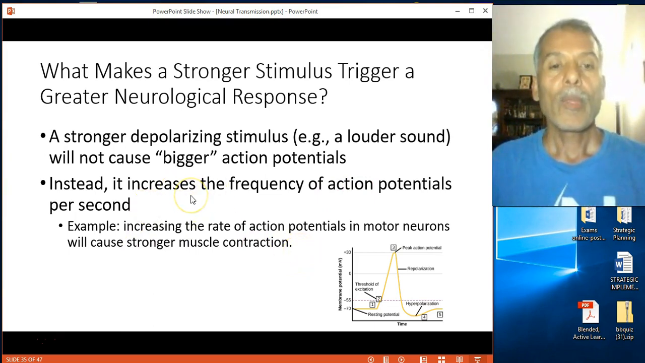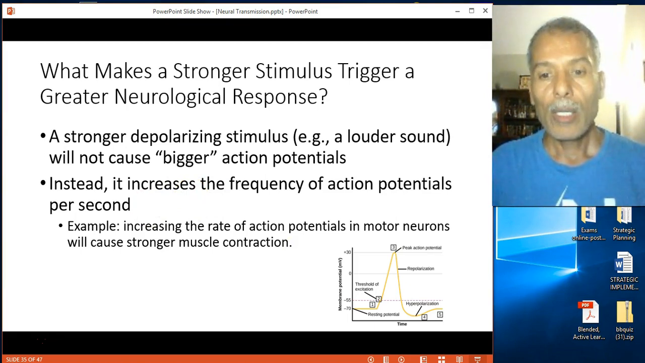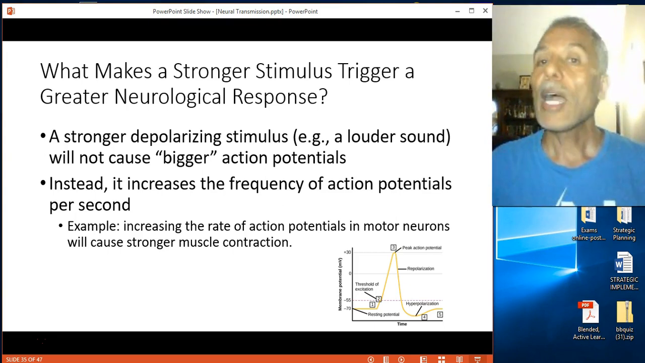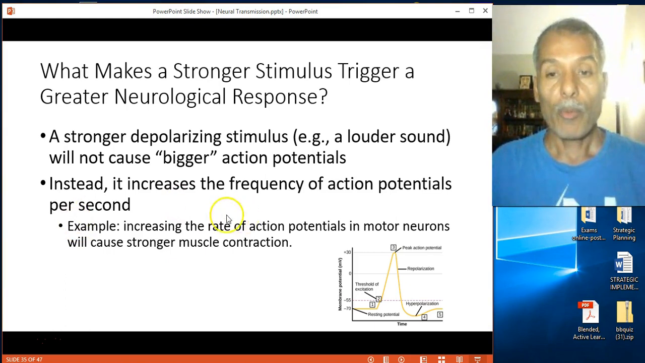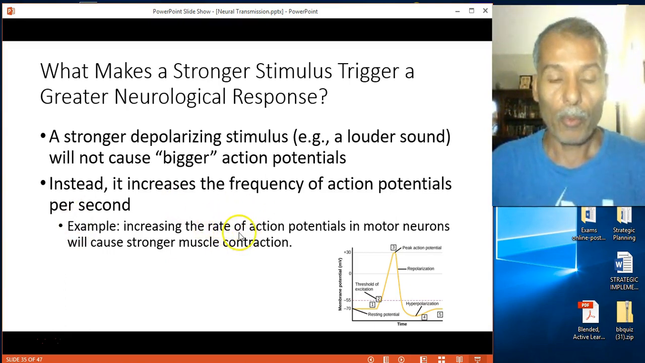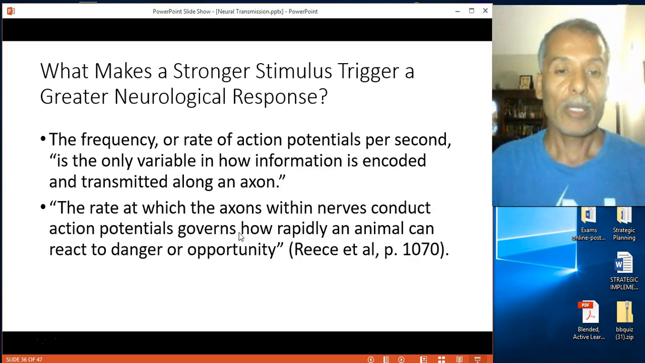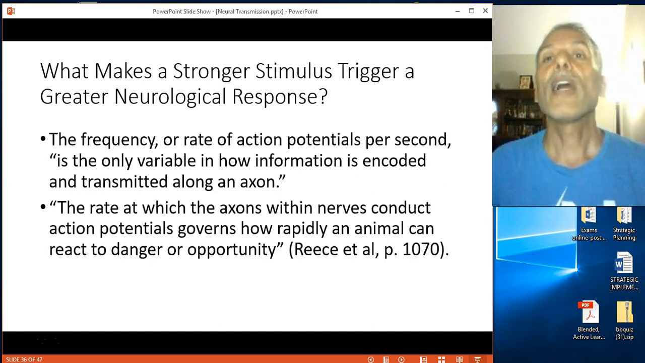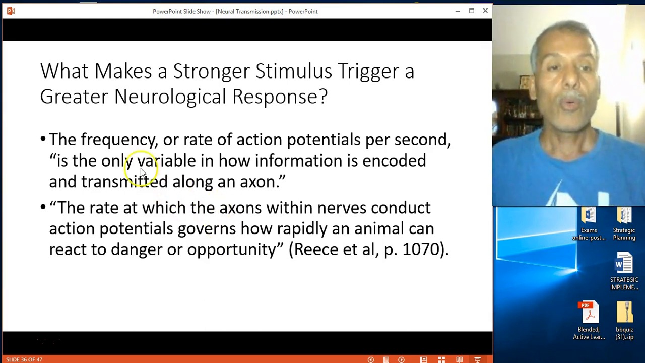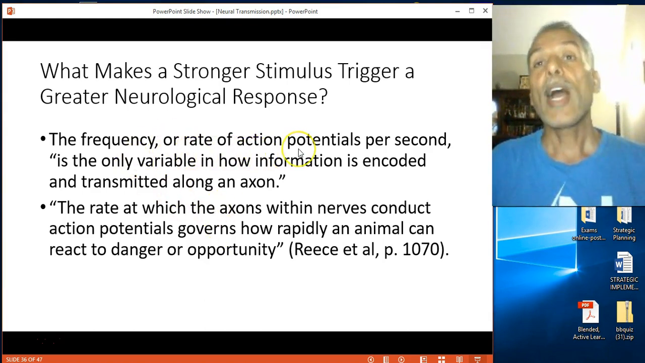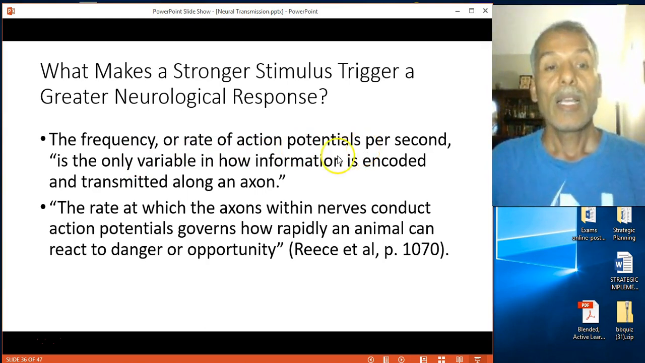So again, a greater stimulus causes a greater response, not because it will make a greater action potential. It will cause a greater response because it increases the rate or the frequency of action potentials or firing in 1 second, per whatever period of time. It makes it fire faster and it fires more. So the frequency or rate of action potentials per second is the only